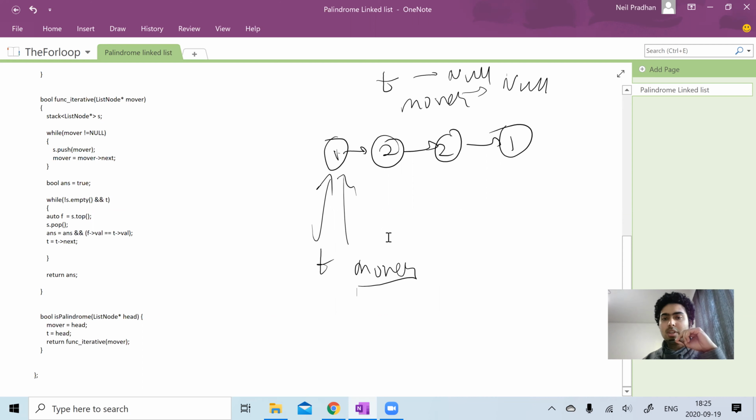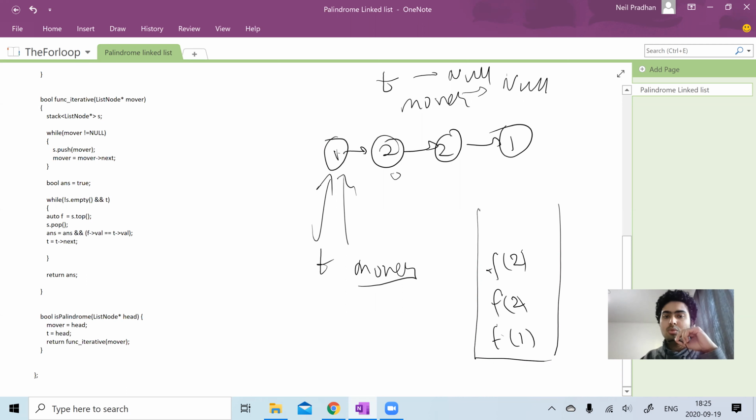So how am I going to do that? Just think about it. If we want to create a recursive function, first we'll have some function, let's say f, then we'll call it on 1, then that function will call 2, and then it will call it on this 2. Let's call it 2o and 2n, let's say. So 2o, 2n, then it will call it on 1, right? Then it will call it on null. So as soon as the function becomes null, what should we return? We'll say, let us return true.